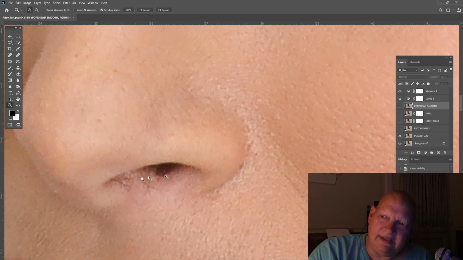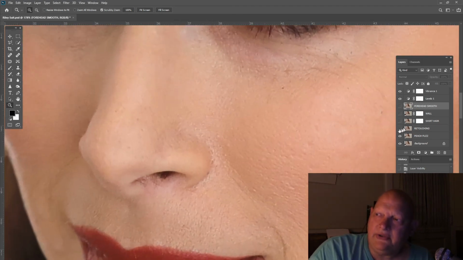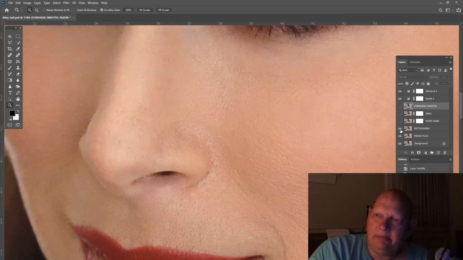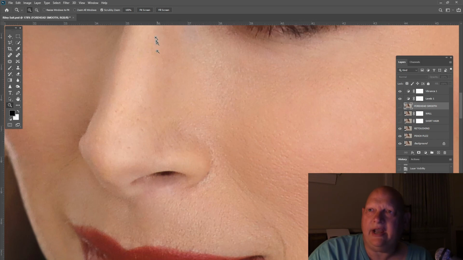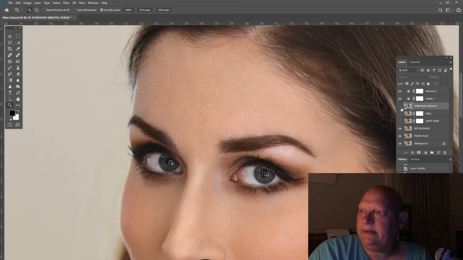I just thought this was kind of distracting in a way. And so I went in and cleaned that up a little bit and picked some nose hairs, and then I smoothed that out and made that look as natural as possible. And I think that's going to about do it. But just, yeah, this little stray hair here, once again, we've taken care of that and then gone from